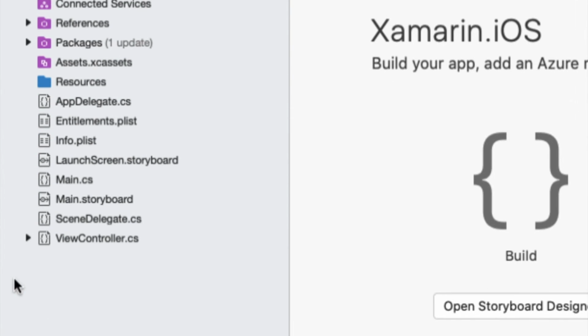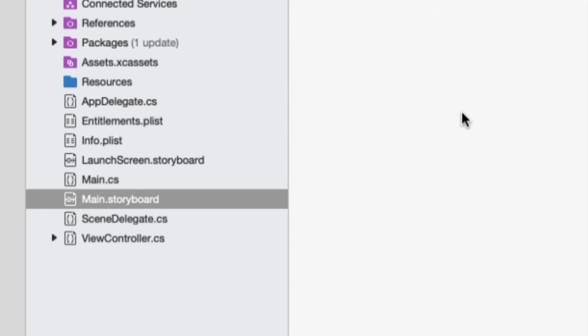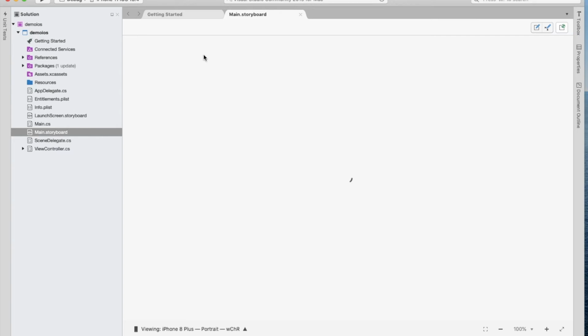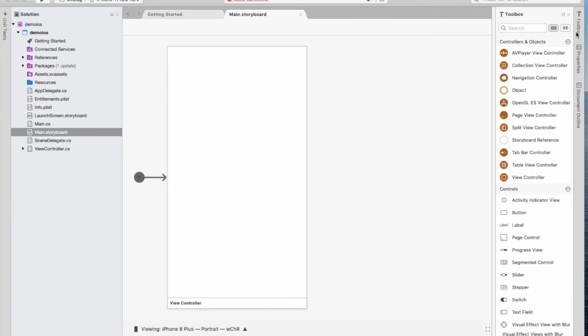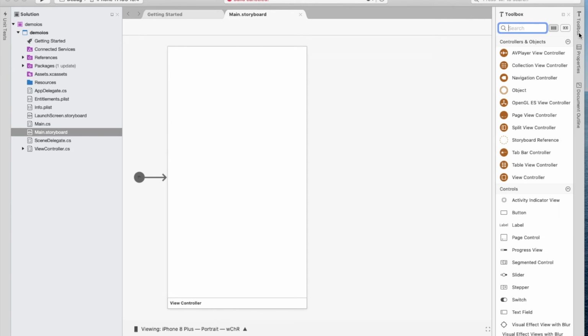It is given here. At the bottom you have all the files needed for your project. So this is Main.storyboard. Here only you are going to develop your user interface components. Just double click on Main.storyboard. So this is your storyboard. On the left hand side you have the toolbox, properties and document outline. Just select the toolbox,